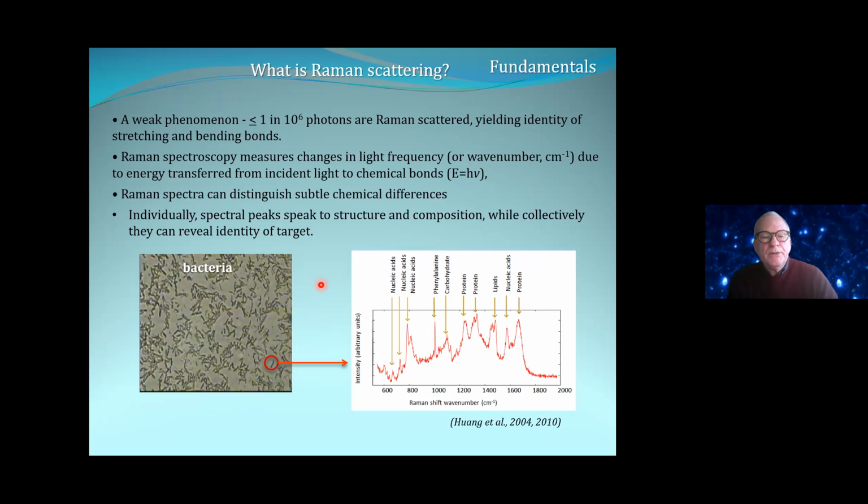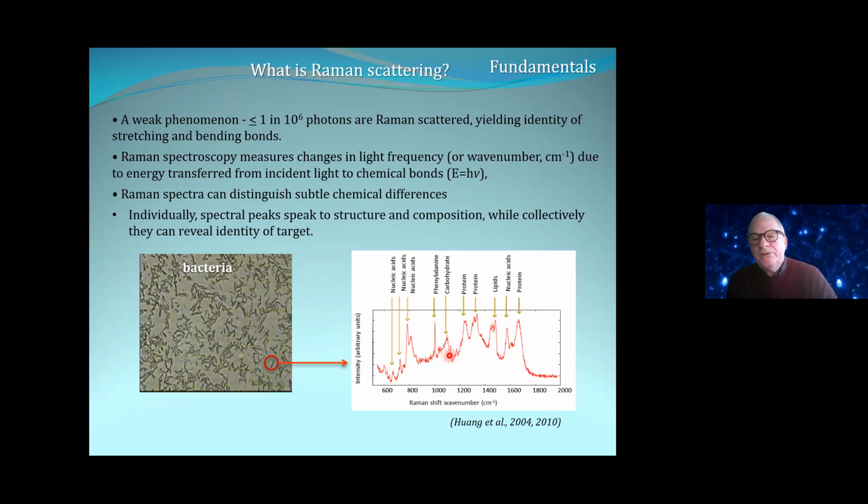Using this technology, we couple it to a microscope, and this is a published image of a bacterial culture and the spectrum from an individual bacterium. And we have peaks that are characteristic of various macromolecules within the cell. You can see them listed here. This is also a little bit idealized. It's often not as clean as this, but basically it allows us to see all the important macromolecules in an individual cell.